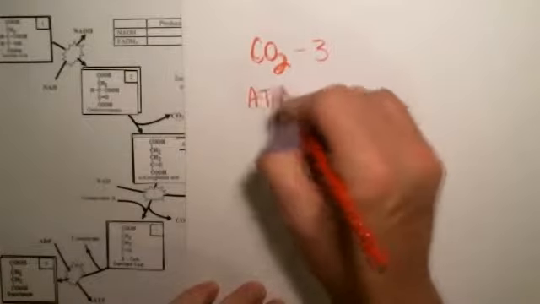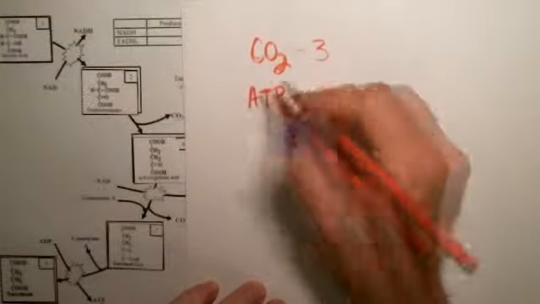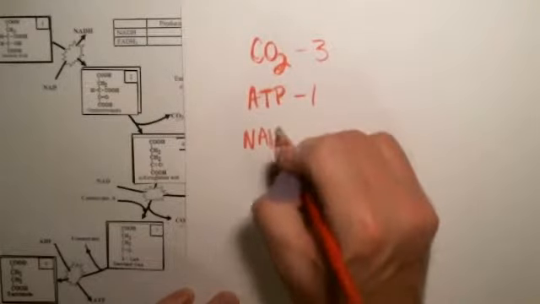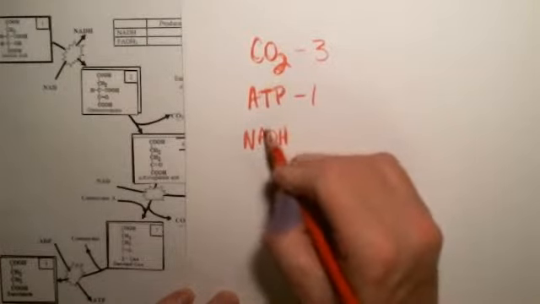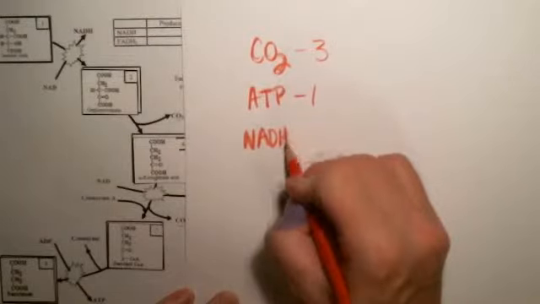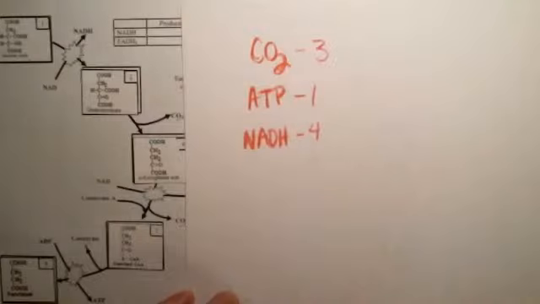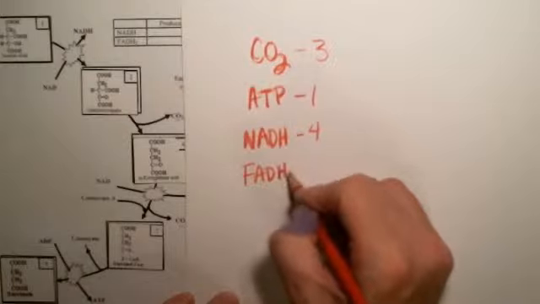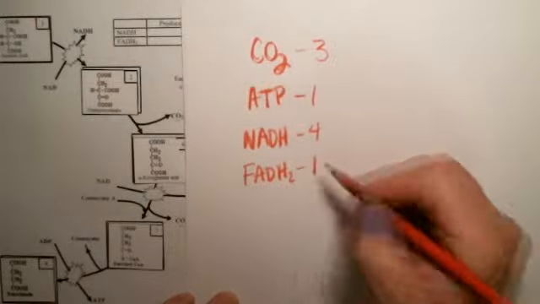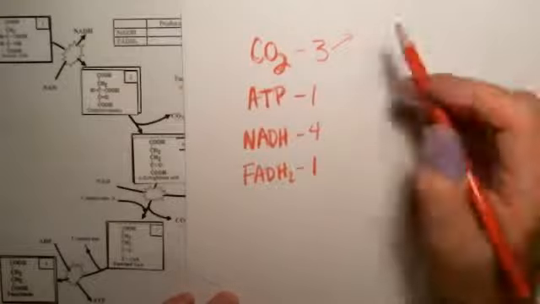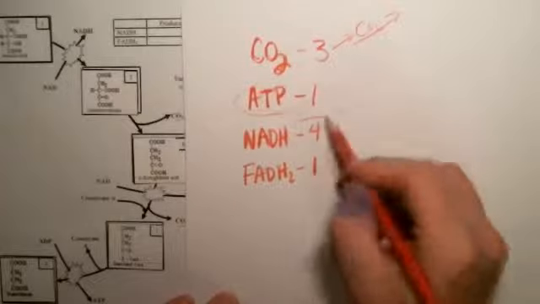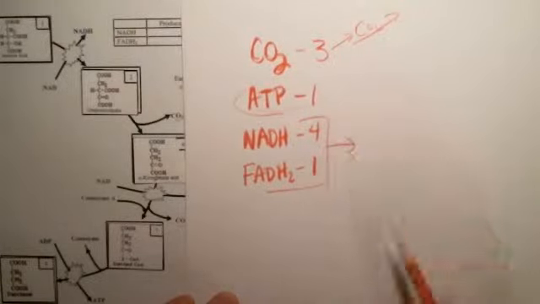We had ATP formed. So ATP storing energy, we just had 1 of those molecules for the pyruvate that went through the Krebs cycle. We had NADH, the reduction of NAD to NADH, storing energy. We had 4 of those occur in the Krebs cycle. And then we had another electron carrier, FADH2, and we had 1 of those formed. Remember that CO2 gas is given off, so that's going away. ATP, what we want, but it's these 2 molecules that we're going to focus on as they go through the